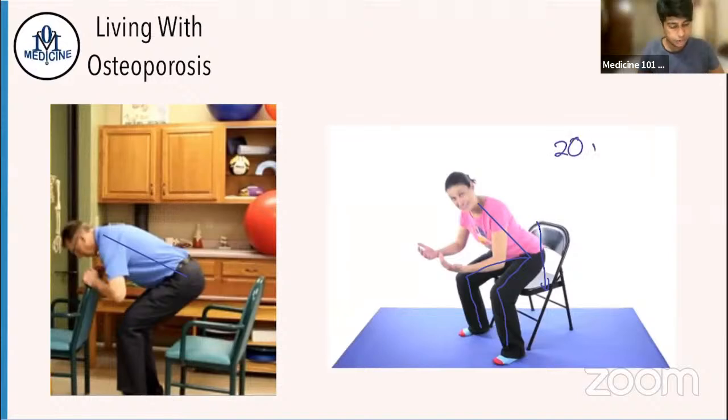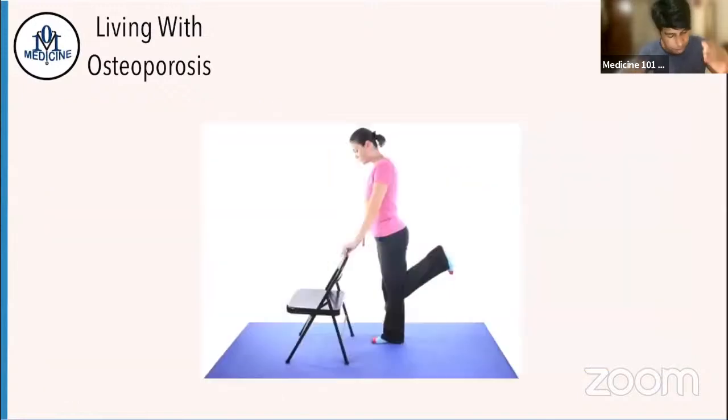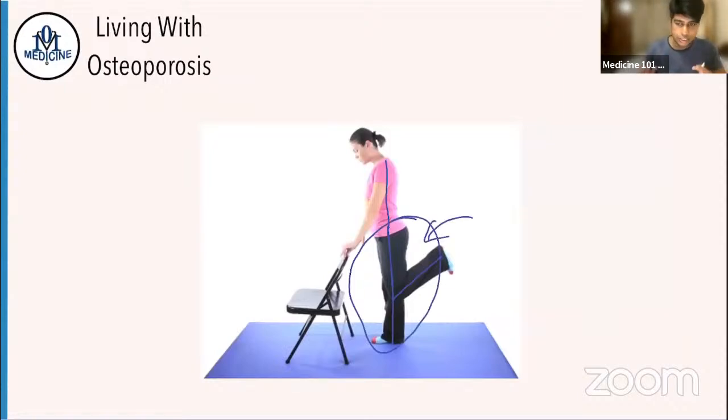So do around 20 reps. This is the first exercise. And if you need help, you can use a chair like this person over here is using. Come up and down, keep the back straight. The next one is a leg raise. You have your back straight and you raise your leg. What you're doing is you are strengthening the muscles in this group. And when these muscles are strong, it decreases your risk of falling. So that's the second exercise. Again, start with 20 reps, increase as you go.